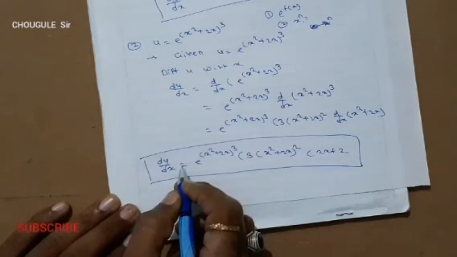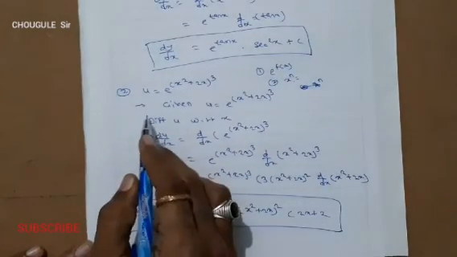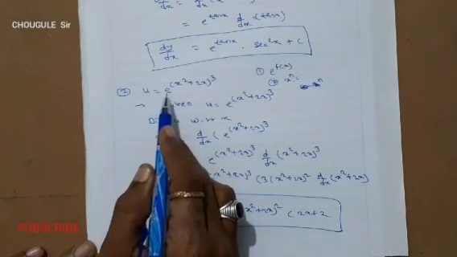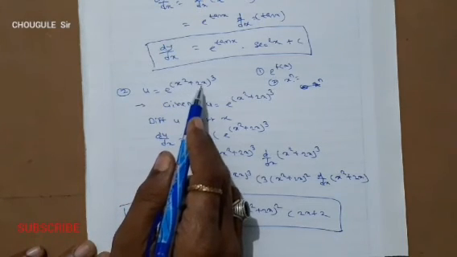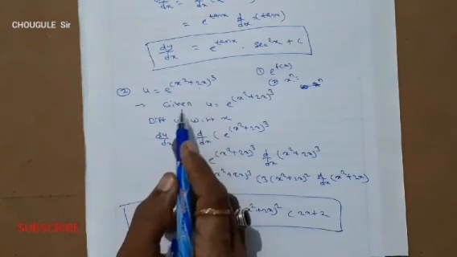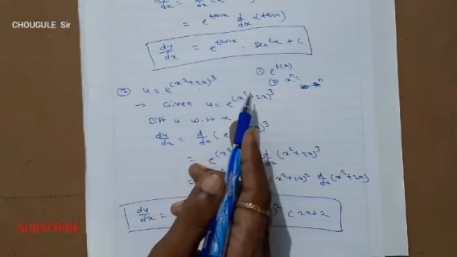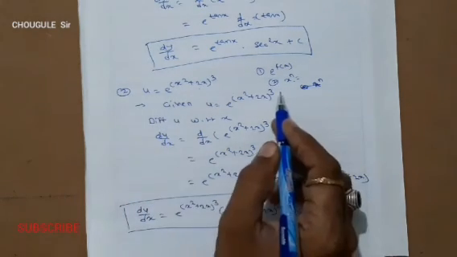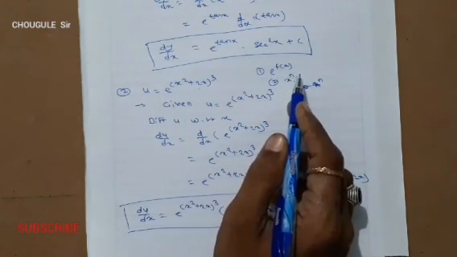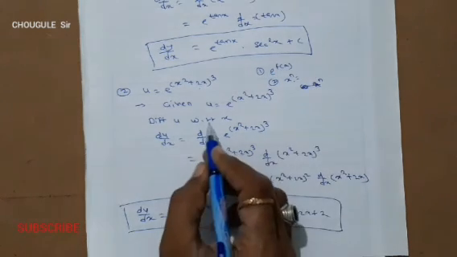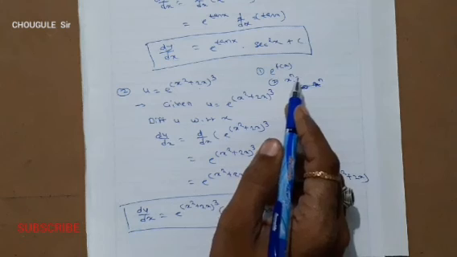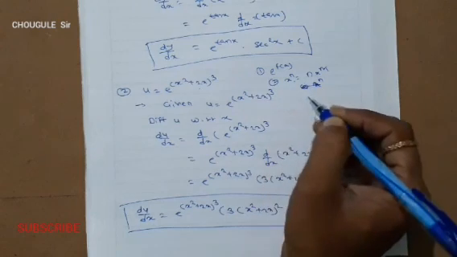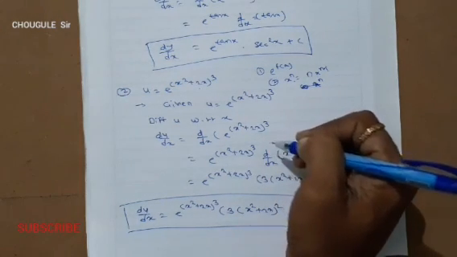Do the practice. In the second example, which was given to find, du by dx where u is equal to e to the power x square plus 2x to the power 3, by differentiating u with respect to x, we knew the formula: the derivative of e to the power f of x will be e to the power f of x, and the second step will be the derivative of x to the power n is equal to n into x to the power n minus 1. By using the two formulas we can solve such a type of example using these tricks.